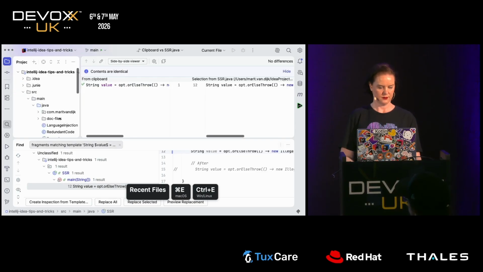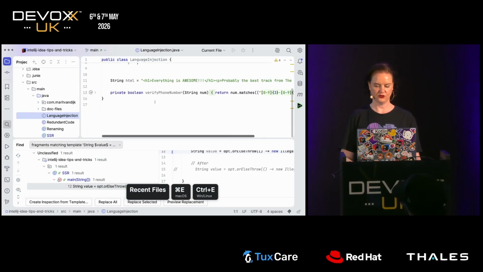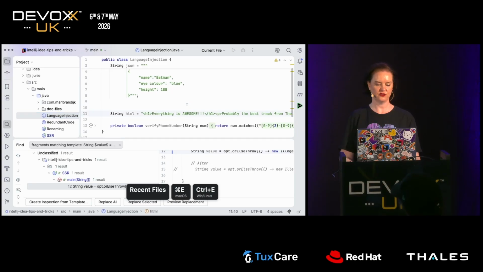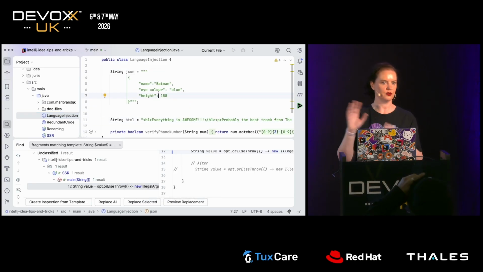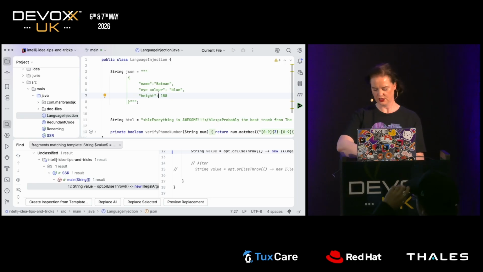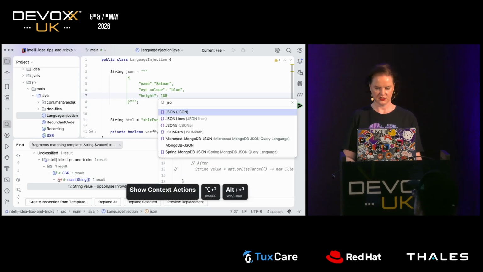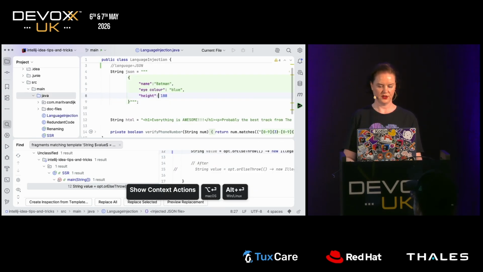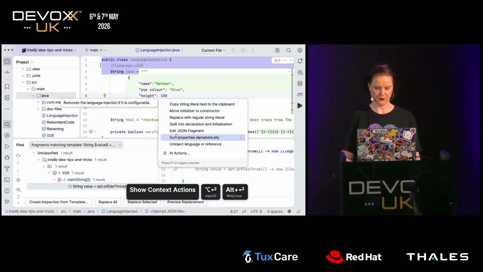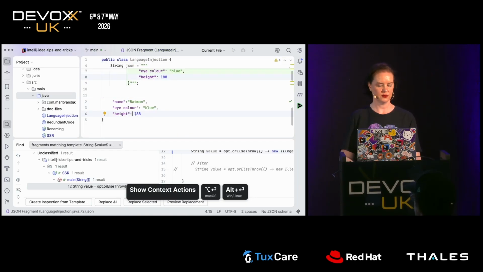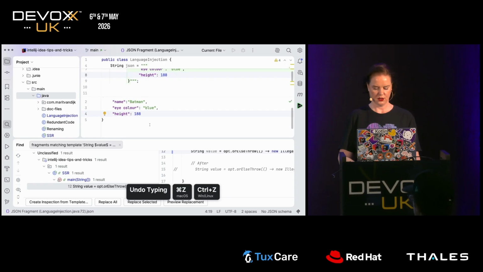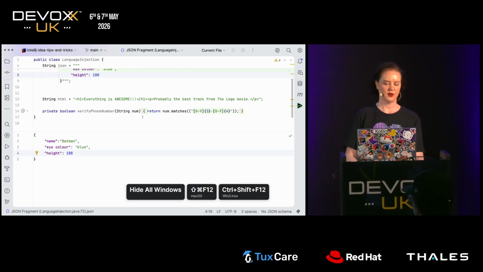Another thing, so for the language injection that I showed you for the regex, we can do the same for HTML or for JSON or for all other kinds of strings. You know, why not? If we say that this is JSON, then that also unlocks features like we can edit the JSON fragment as JSON and add new stuff there if we wanted to. So that can be very useful to have,